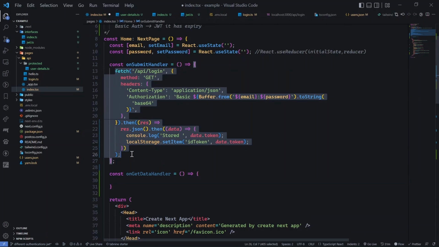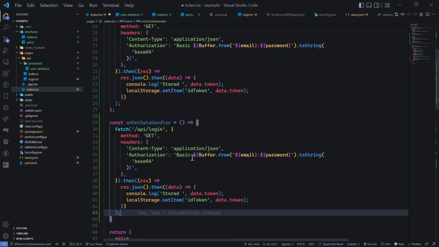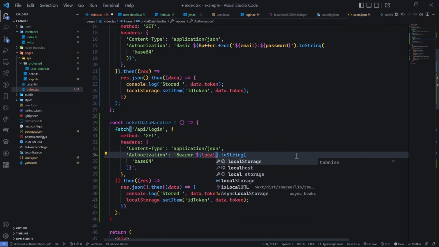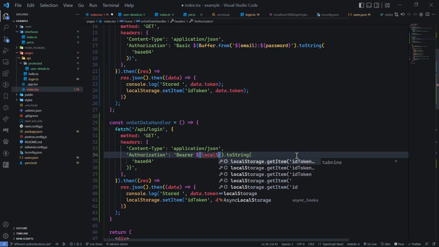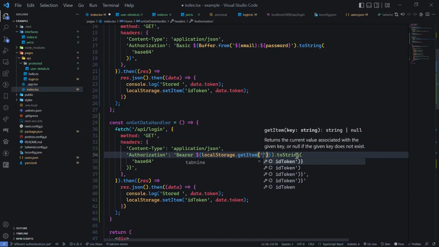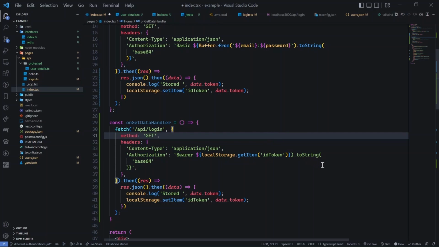So let me just copy paste it there. We will do, instead of basic, we will use bearer, and here we will do localStorage dot getItem, and the item is ID token, and if it is not there, then it will accordingly handle it,